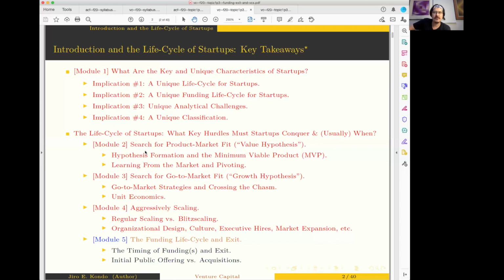In terms of the nitty-gritty of the exit process, I'll be talking mostly about the nitty-gritty details involved in an IPO. I'm going to give you less information on the nitty-gritty process associated with acquisitions. This is mainly a combination of two reasons. One is the interest of time. The course is overstuffed as it stands already. That's why we had to drop module 6.